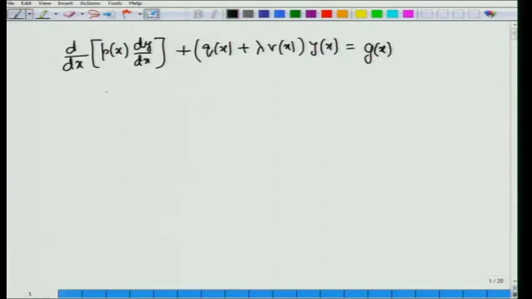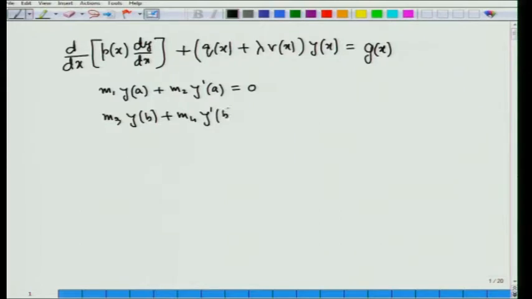value problem, with the separated boundary conditions m1 y(a) plus m2 y dot(a) equal to 0, m3 y(b) plus m4 y dot(b) equal to 0. This is called the separated boundary condition, where a less than or equal to x less than or equal to b, p dash x, q x and r x, these are all continuous over the interval a to b,